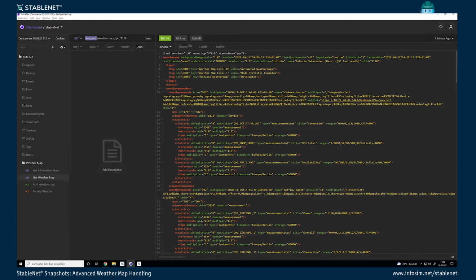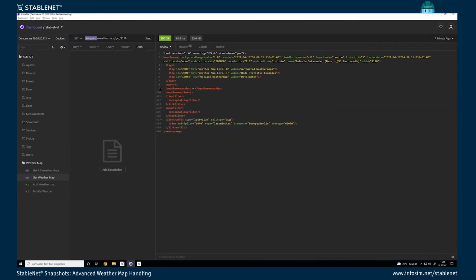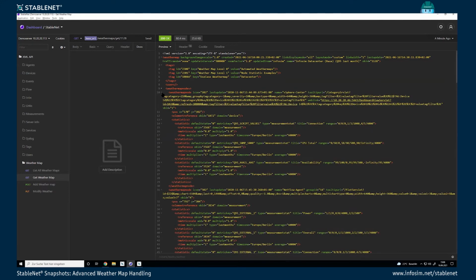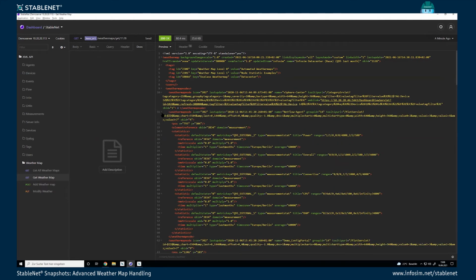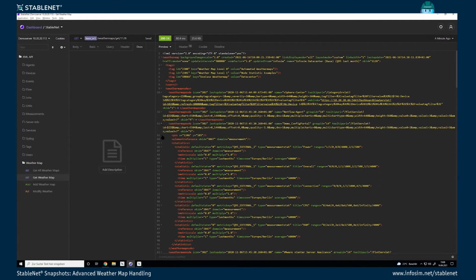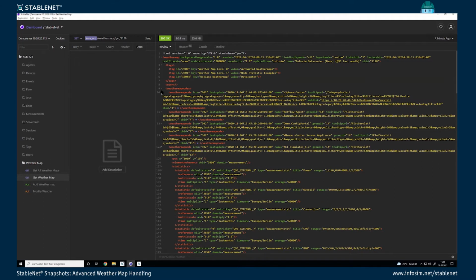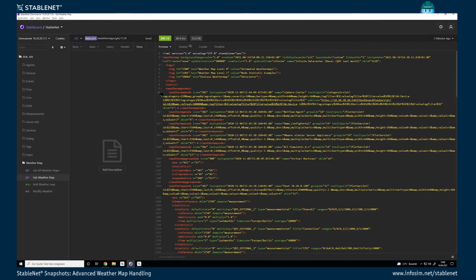It has the tags, obviously, listed, so you can see which tags the weather map had. And now the most interesting part is actually this weather map nodes part. If I collapse that, you see that almost the whole file consists of weather map node content. And more specifically, in that content there are a lot of these weather map nodes. If I pick the first one here, I can see, okay,